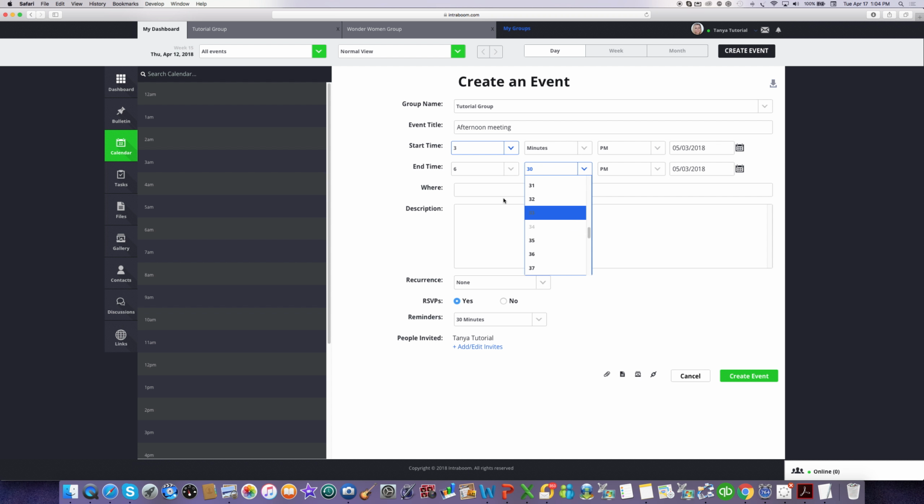And I can select the place for the event and enter a description. If the event is happening more than once and it's recurring, I can just select daily, weekly, monthly, or yearly from the drop-down. RSVPs means I'm going to be notified when people accept to come to the event,